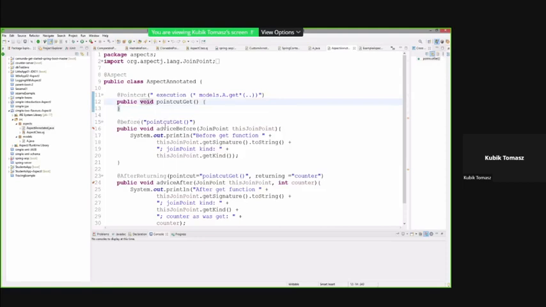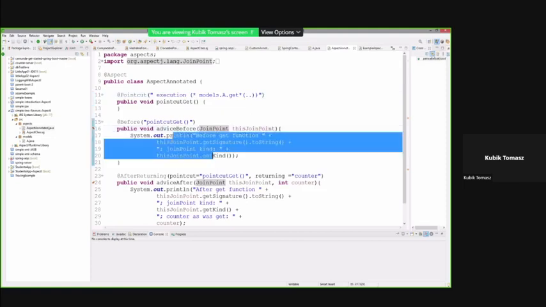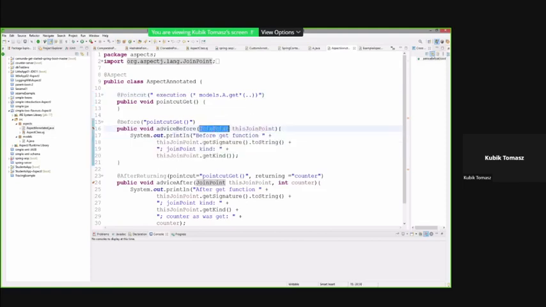So having that, I declare the method, but the signature of this method is very specific. I have here the JoinPoint. The attribute which is inside that method is of JoinPoint type. This JoinPoint represents the place in my code in which this pattern was applied. So somewhere in my code, I will run this business logic, and the JoinPoint can be used to identify in which point